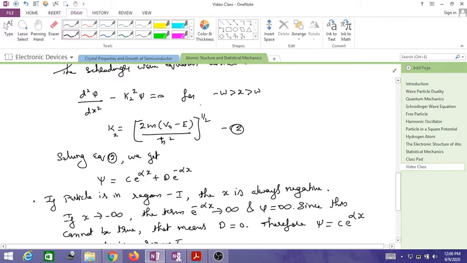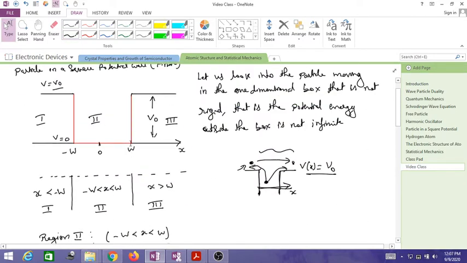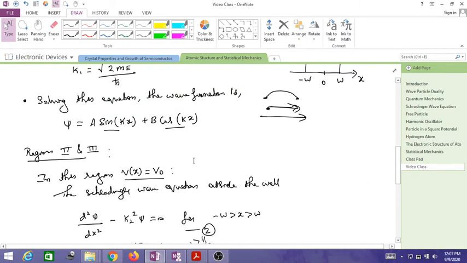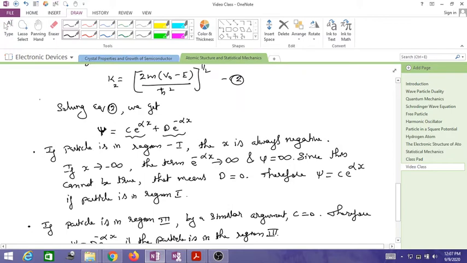And when we solve this second equation, then we will get exponential terms. The two exponential terms we get here are the wave function. Now this equation represents the wave function when the particle is moving here in region 1 and region 3 along the x-axis, whether positive or negative, and what the particle wave motion looks like is represented by an exponential function here.